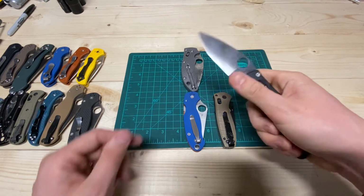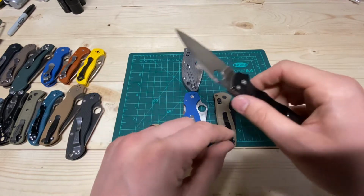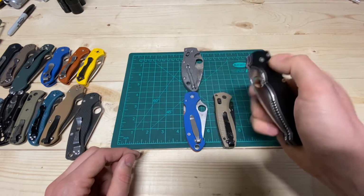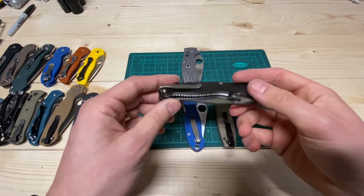It's got amazing action. Oh yeah, that's the other thing I'll say, the Manix 2s have great action every time. Every time, great action. Ooh, ball lock is just spectacular. A nightmare to take apart, but